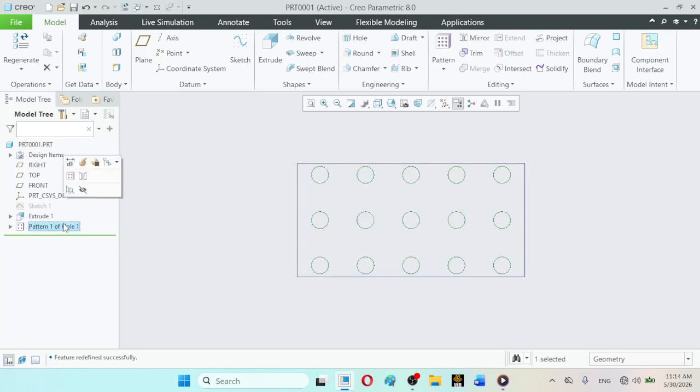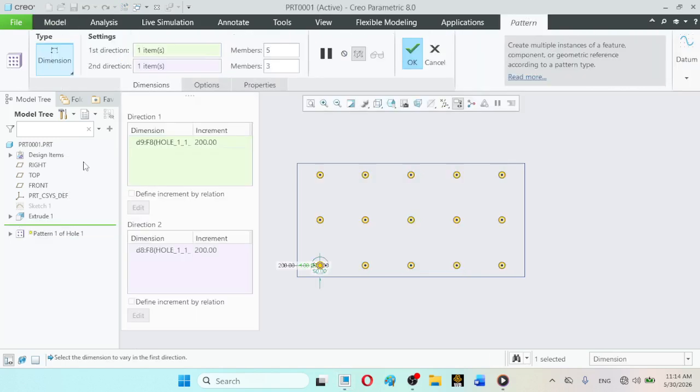For example, again we can edit it. For example, we require 5 members in this direction, along the width direction.